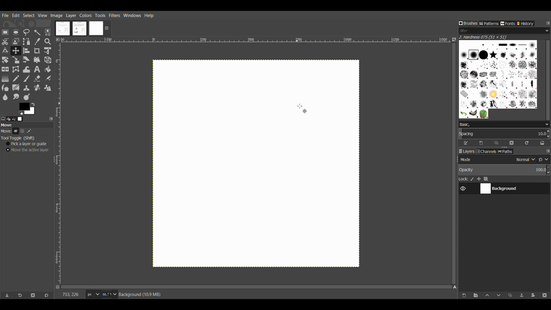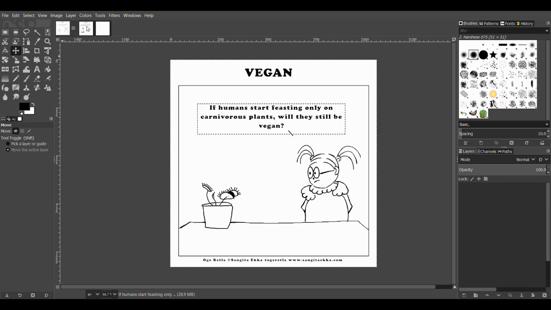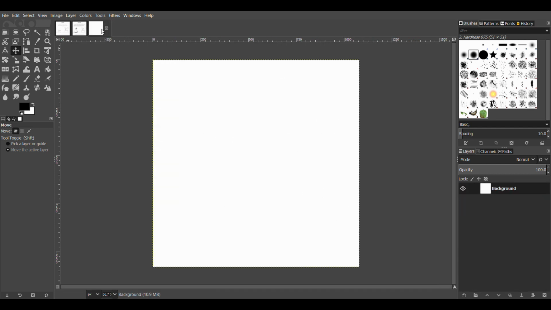Since I am using Instagram as the primary platform where I upload my comics, I keep the resolution at 1080 by 1080. But it is not limited to that. If you have other platforms where you upload your work, you're free to choose the dimensions. It's just easier to explain it in this way. The whole idea is that you can take the principles from here and apply them to the comics that you would be making.